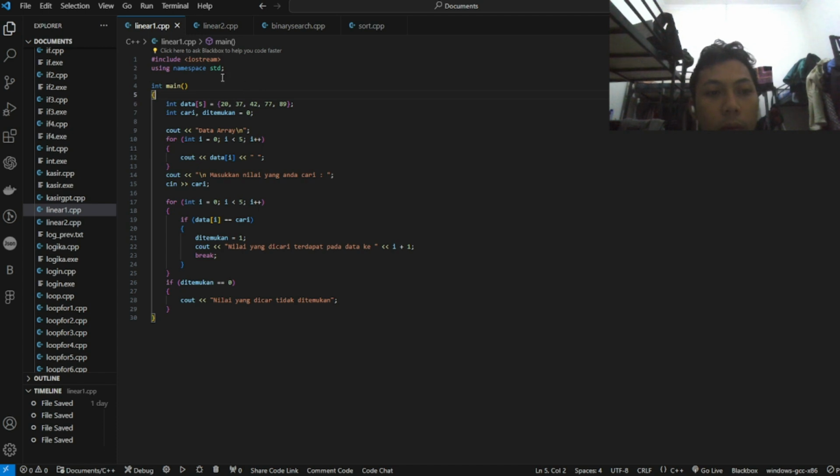This we have the first code. So we input first the integer of data, and the index is 5. So this is data set 5, and the values are 20, 37, 42, 77, 98 and 89. And the next we input the integer of find and find it